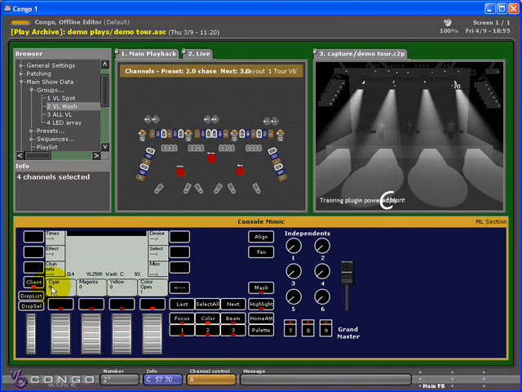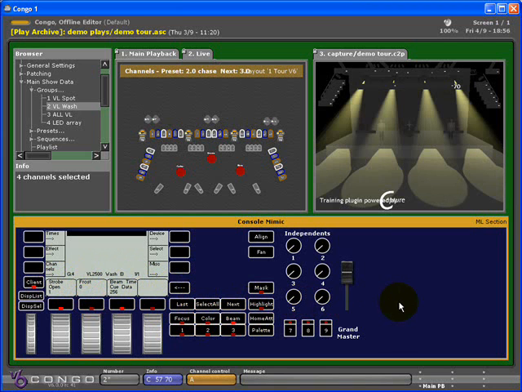Color parameters, cyan, magenta, yellow. The wheel key allows me to go from 0 to 100, or I can use the wheel to set a level. If there are more than 4 parameters in a parameter group, you can hit the same parameter key again and get the rest of the parameters. And this toggles around, so just keep hitting that key to get all parameters. Everything that isn't focus or color goes into beam. So for example, strobe or frost